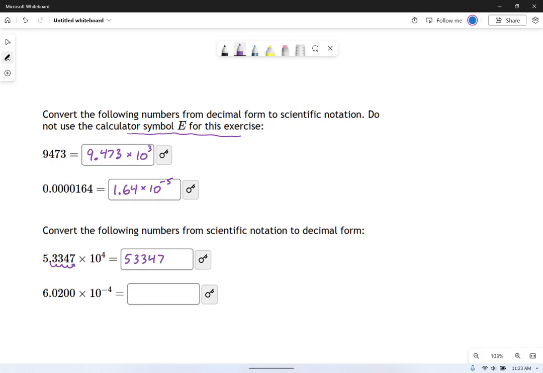Now this next one, when the decimal point is at 6.02, that looks fine. But the -4, remember what that means? That means the decimal is going the other way. So my decimal is actually going this way. 1, 2, 3, 4. So there's the new decimal place. And you've got zeros in between. See, I made 4 jumps of the decimal. So this is going to be equal to 0.000602.